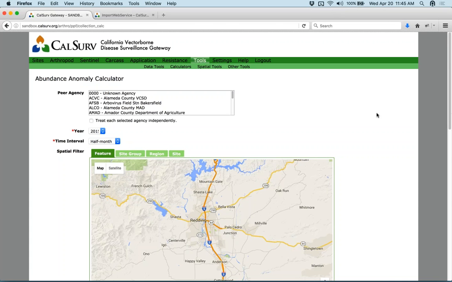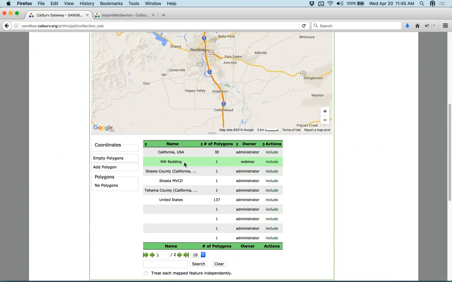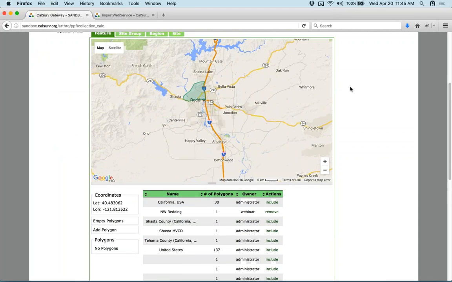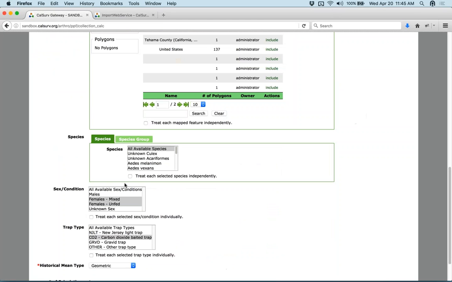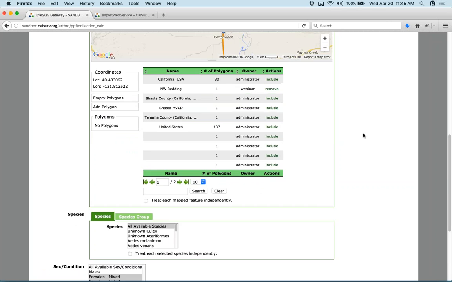2015, half month. And then you go down here and you notice Northwest Reading is now an option. It's created by this bogus webinar ID that Jodi created. Include, and now when I include that, you see the spatial feature appear above. So now we can go through our same process as we did before, and we'll get calculations specifically for that